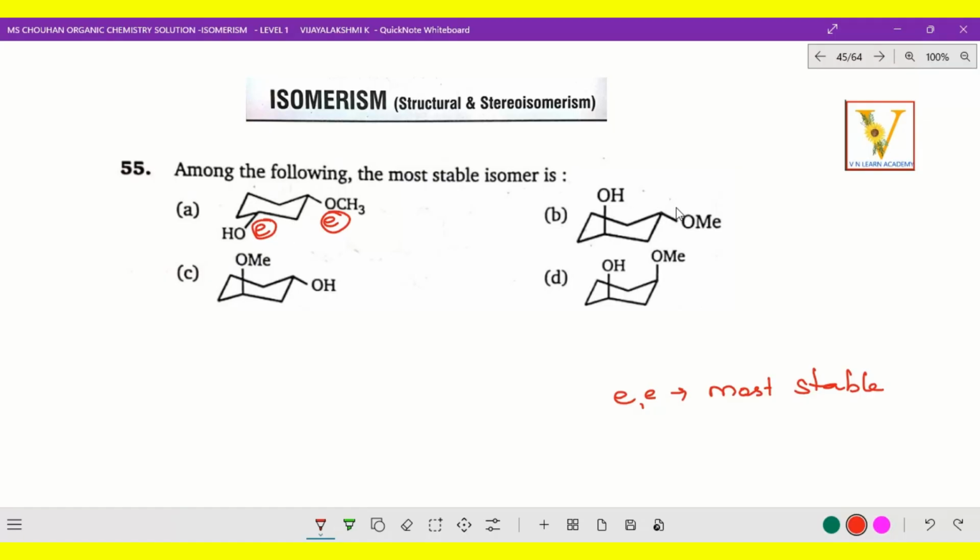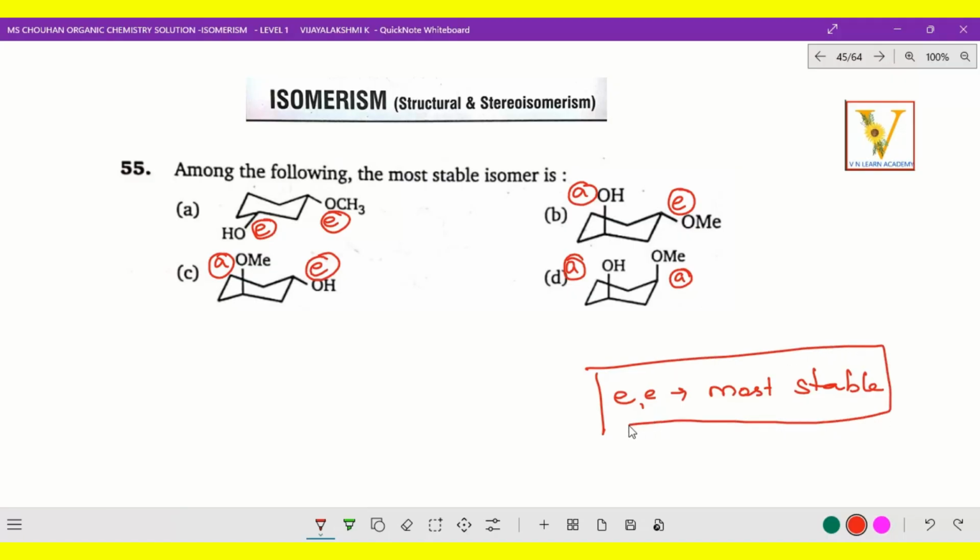And the second one, this is equatorial and this is axial. And the third one, this is equatorial and this is upwards axial. Now the fourth one, this is axial, upwards, and this is also upwards axial. So now which is most stable? Equatorial position is the most stable, as I just mentioned. Now let us check which is most stable. According to this, equatorial is the stable one, but here